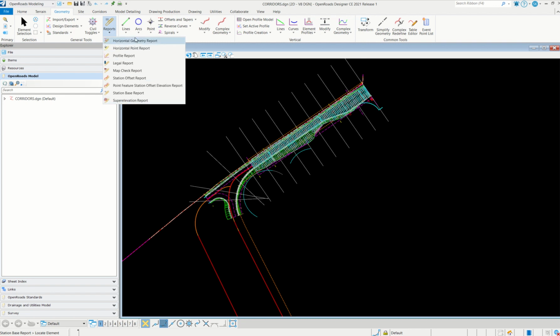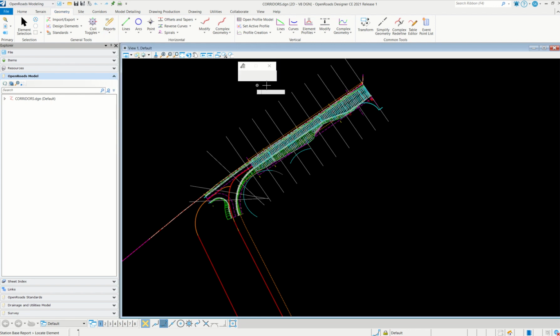Various types of report options are there. The best one is always go with station based report. Why? Because here you can give a particular interval also. Okay, so I'm choosing a 1 meter interval and then select the proper alignment, and then you have to select